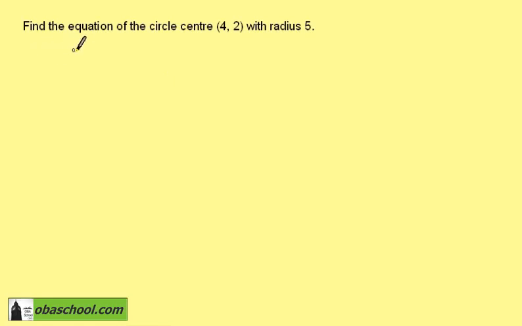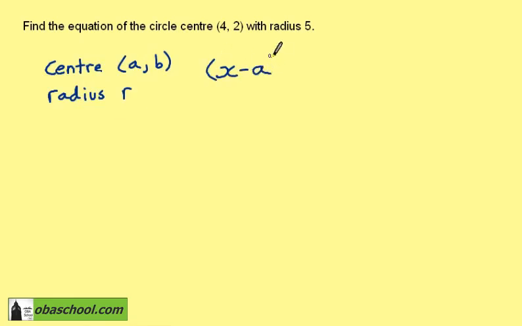We want to find the equation of the circle with the centre at (4, 2) and radius 5. We've seen in the previous example that if a circle has its centre at the point (a, b) and has a radius of r, then the formula is (x minus a) squared plus (y minus b) squared is equal to r